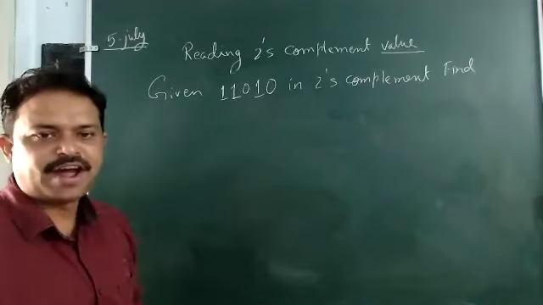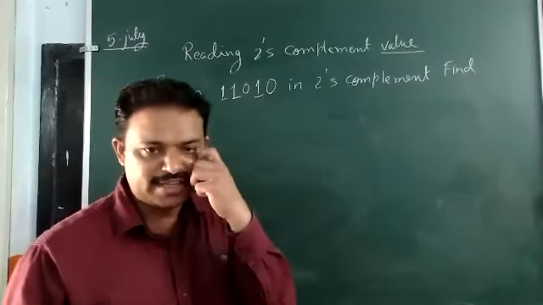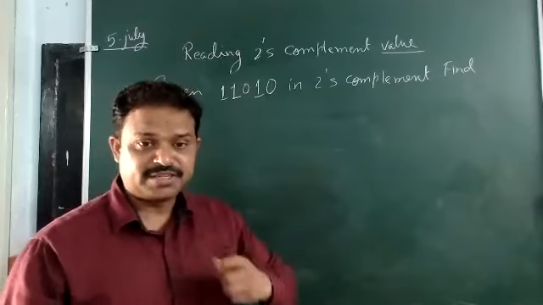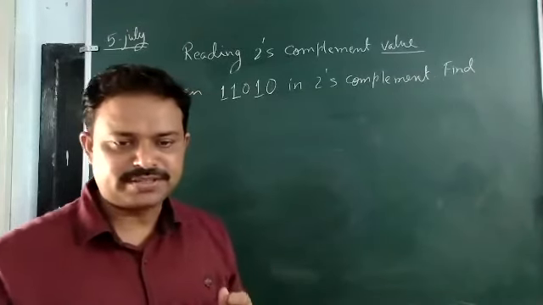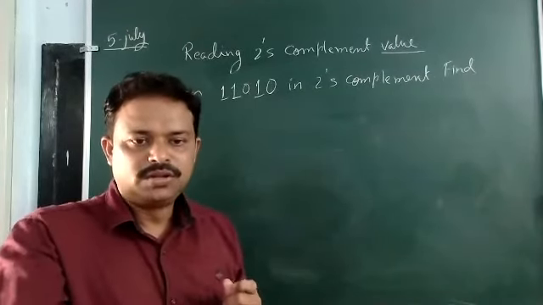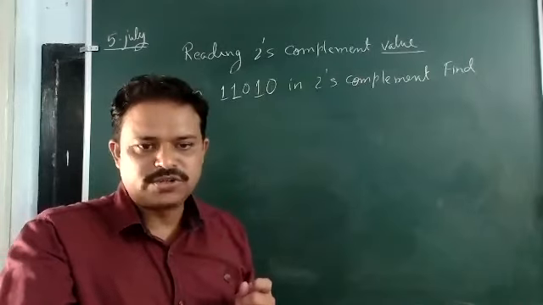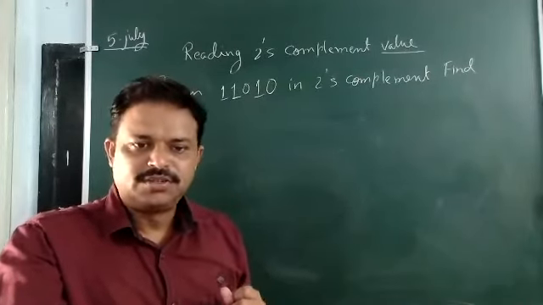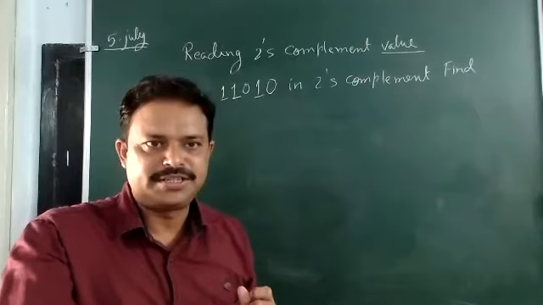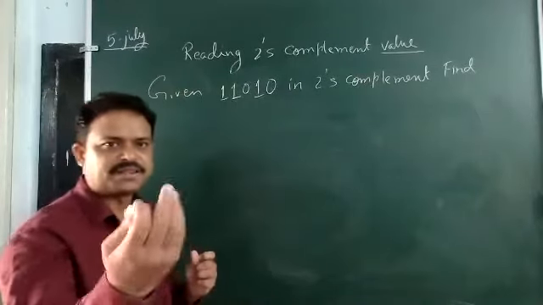Find the number. Anushka is telling -6. Let me check. Snigdha also telling -6. Arushi Sharma is also telling -6. Dipti. So maybe it is -6 only. How did you come to know? I don't know which method you have applied.